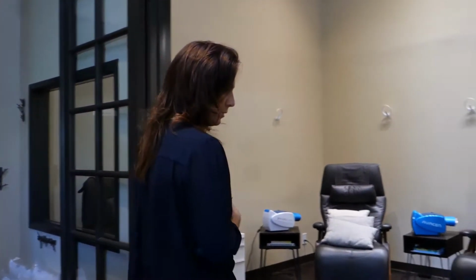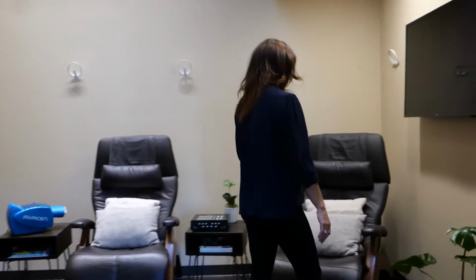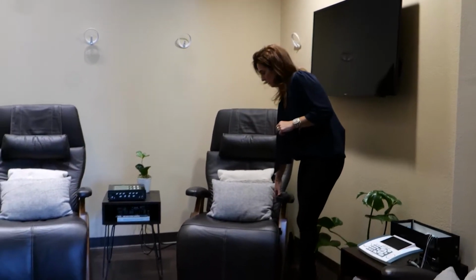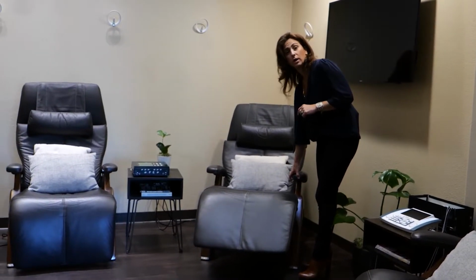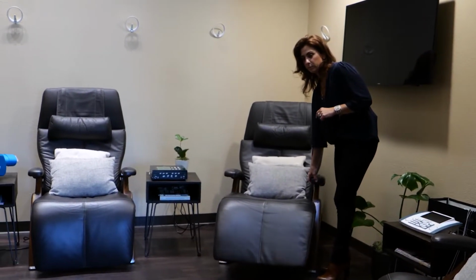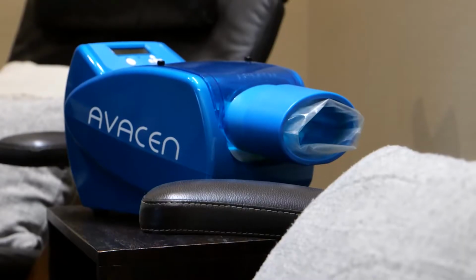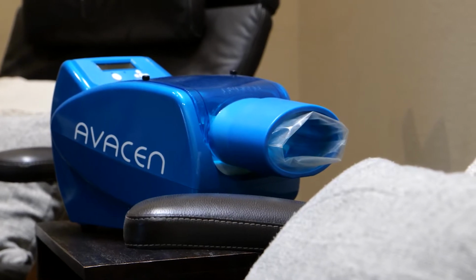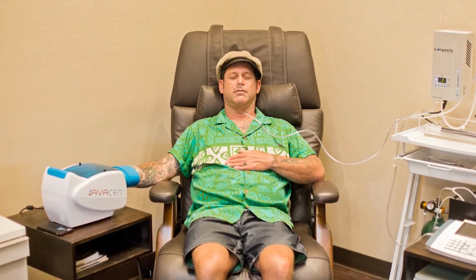All these chairs are zero gravity chairs, so they fully recline to take the pressure off your back, which is really nice. They're all electronic, so you don't have to worry about pushing or tweaking anything in order to get it to recline. Also, other equipment is in here. These are all staff run, so the staff are going to be assisting you after the doctors put you on those protocols. And then as we come around here,